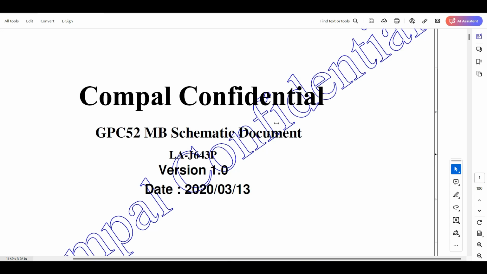One of our subscribers has sent this schematic. It's confidential, a Compal confidential GPC 52 MB schematic document. But which motherboard is it? Really, I don't know. Okay, see, here is the model number